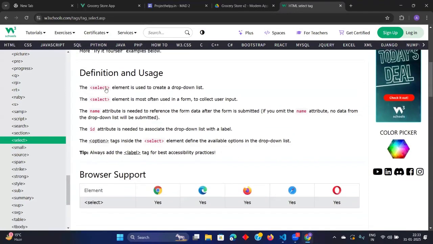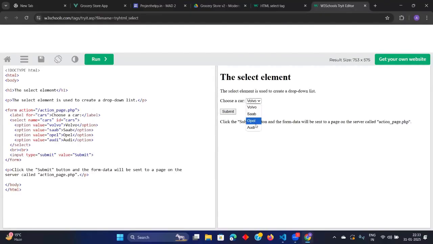Now let me use the try it yourself. Let me show you. Choose. It will come like this. But we are using bootstrap, so it will look beautiful, right? It will be beautified by this. Okay, so this is how it comes. When I'm doing this, see how it is looking. Select name. Now name is the same thing which goes in the backend, right? So instead of this name, we will have the v-model.